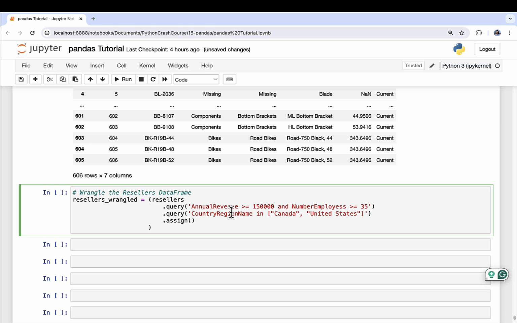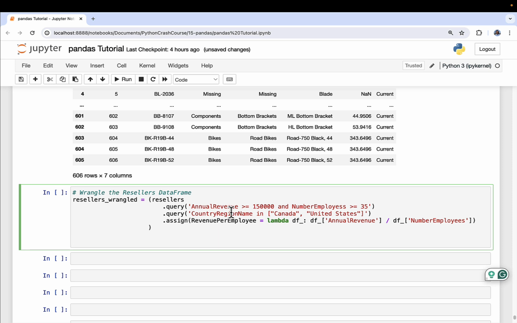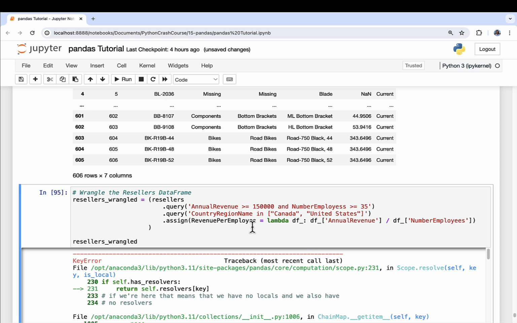And then we can say, okay, cool. What I'm going to do now is create a new feature that could be potentially interesting for my analysis called revenue per employee. And what I'm going to do is my lambdas, of course, lambda df underscore, make sure you get that underscore. And what we're going to do is take each annual revenue of the filtered down data frame, that's what I'm working with, and then divide it by df underscore number of employees. And resellers wrangled. And assuming that I don't have any bugs, which I do, not surprising,